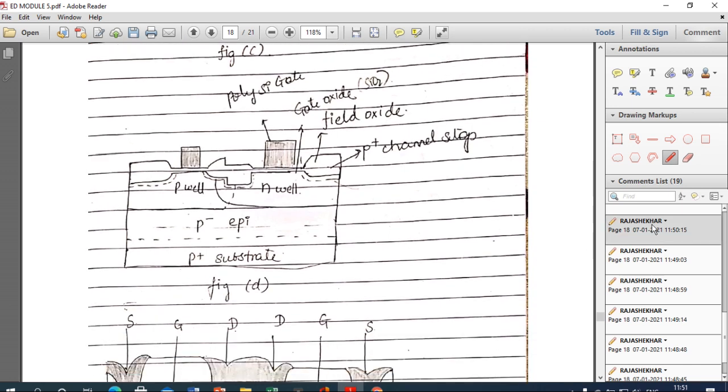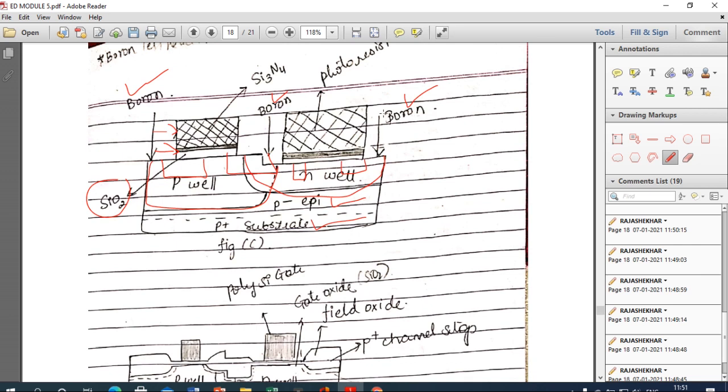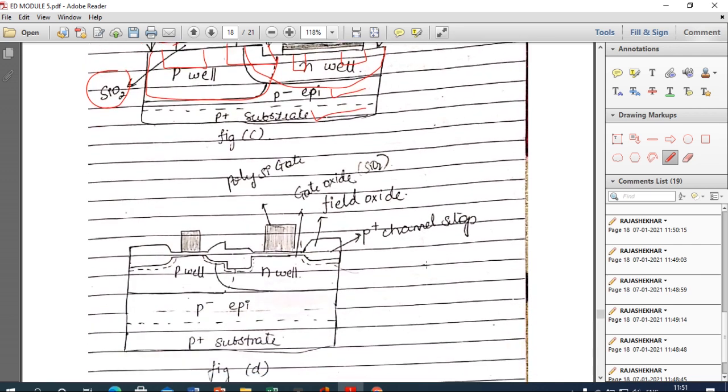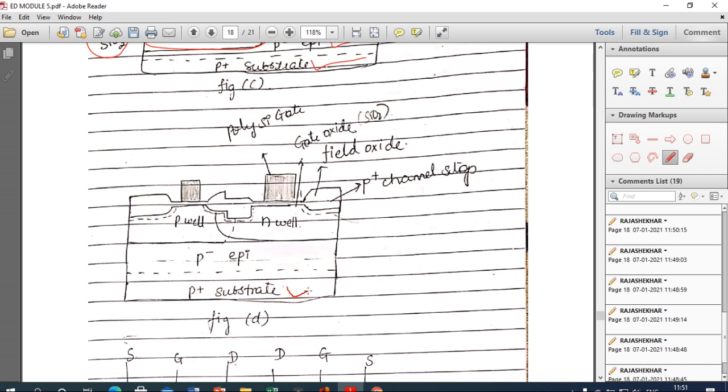Okay, so now here what I got, once I implanted boron, I will show that in figure D. This is the P plus substrate, this is the P minus epitaxial layer, this is for the P-well, this is for the N-well, and now I have created three edges. This is the edge at the left side, this is the edge at the right side, and this is the edge between the P-well and N-well, just to separate them so that they won't combine and destroy the structure of the CMOS. And these are polysilicon metals to create the gate material.